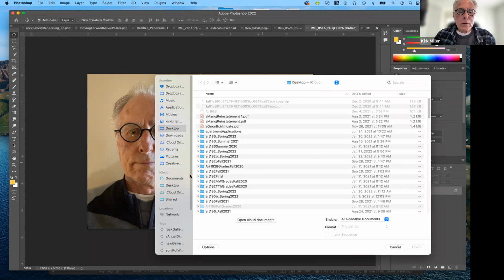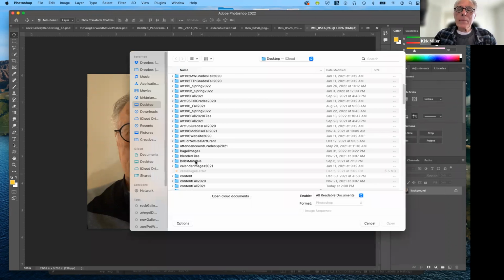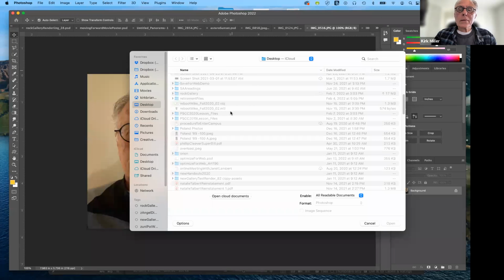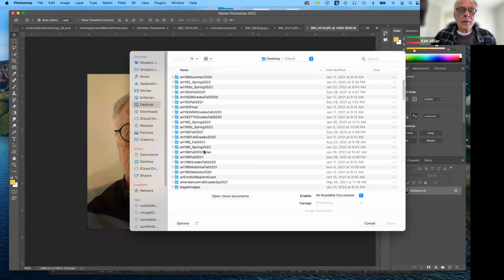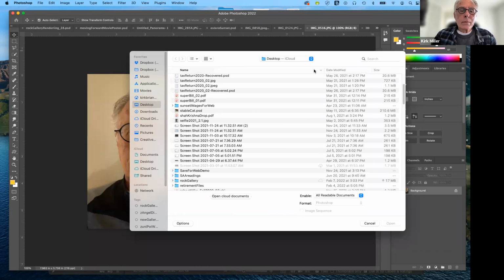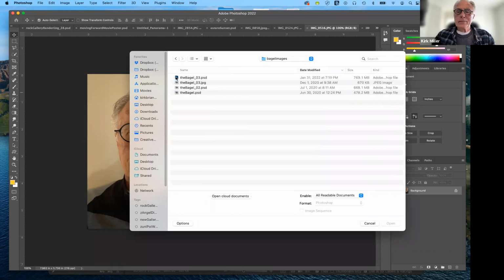So let me scroll down to Bagel filters or images of Bagel. It's my dog's name. Let's go by name, not date. There we go. They're big. Oh, come on. There we go. Bagel images. So if I open up the Photoshop file that I did, my dog Bagel,